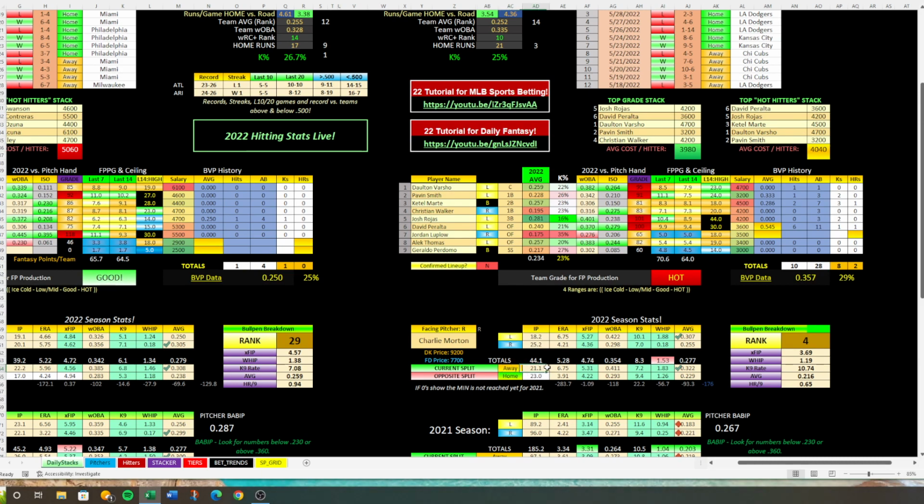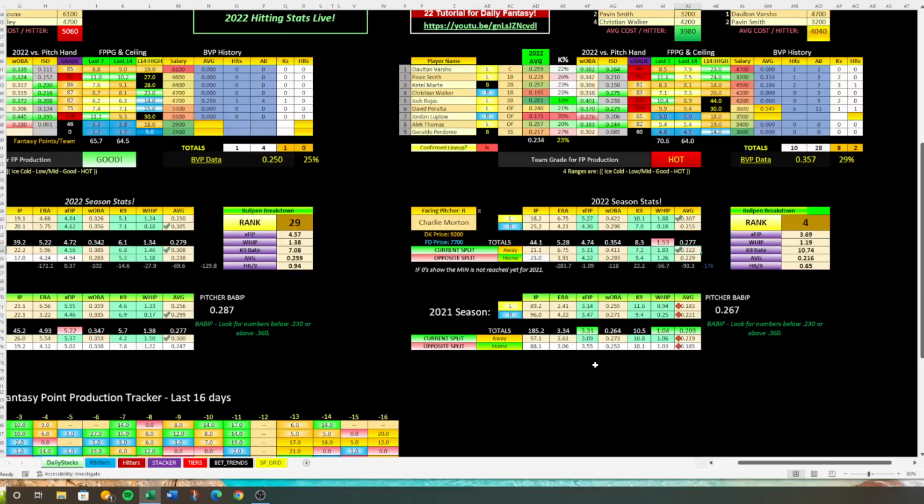But on the road, now given it's only 21.1 innings, he has an ERA of 6.75, a WHIP of 1.83, and he's allowing a .322 batting average. So I love taking a shot at Arizona today, where Vegas has them down. They've been doing good. Morton struggled on the road, so that's something I think we can take a shot at